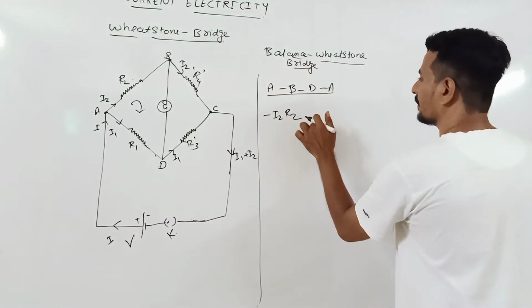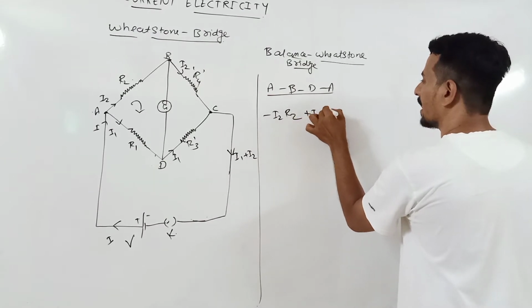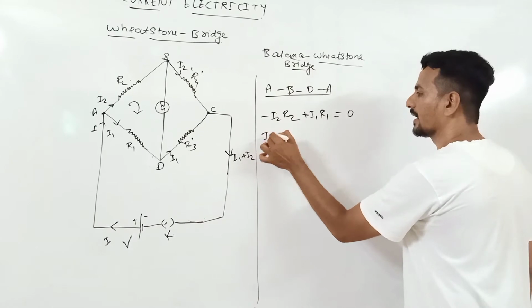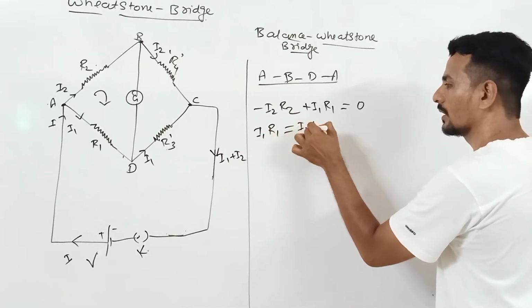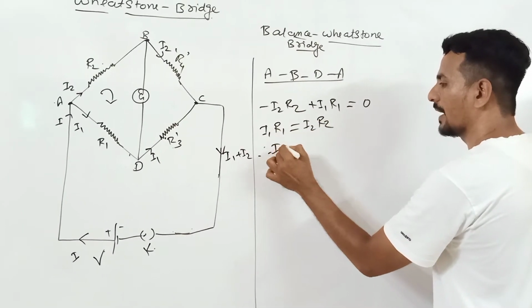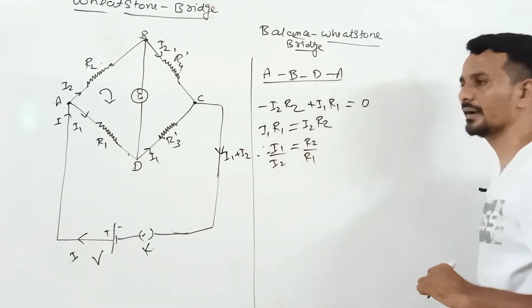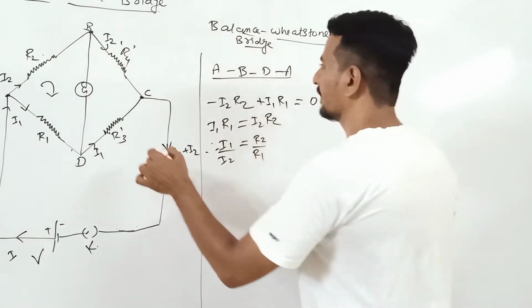So it is plus I1 R1 equals to 0. So finally I1 R1 equals I2 R2. Therefore, I1 by I2 is equal to R2 by R1. Right? Similarly, let us take another